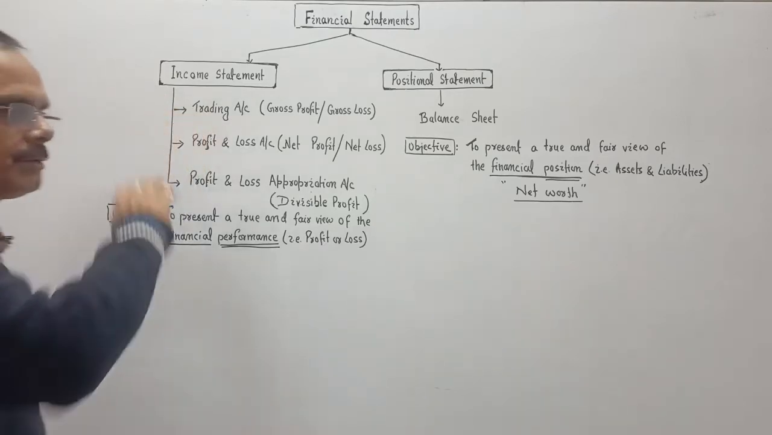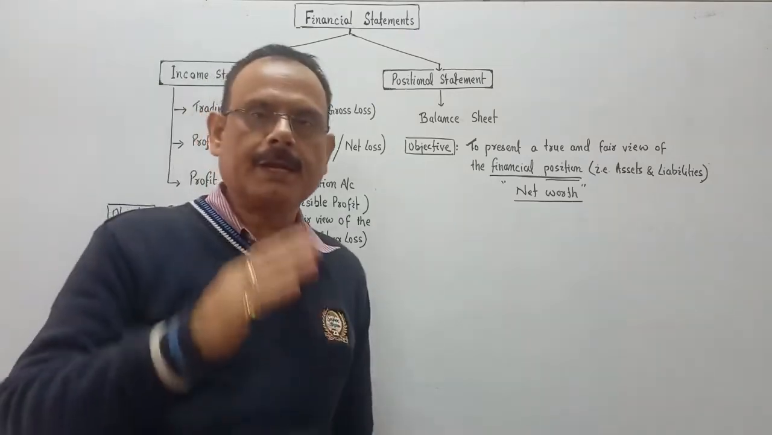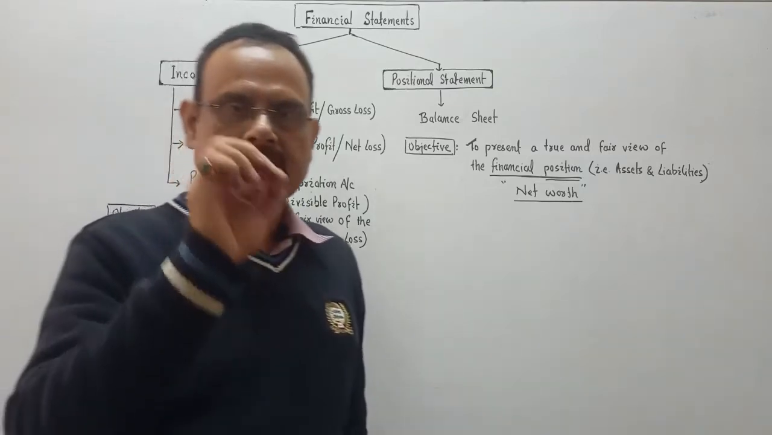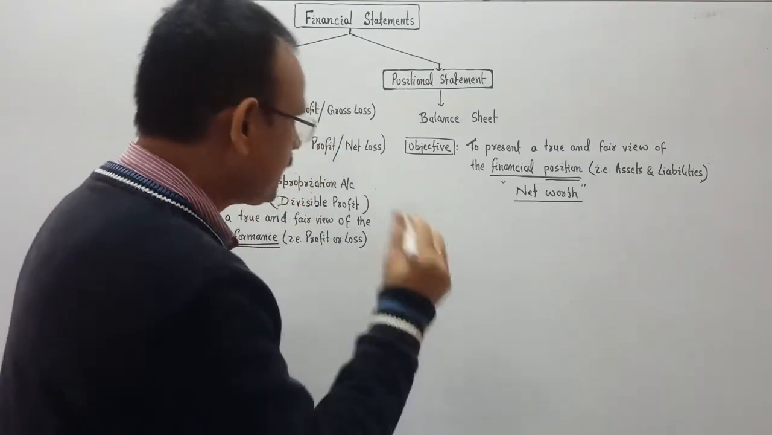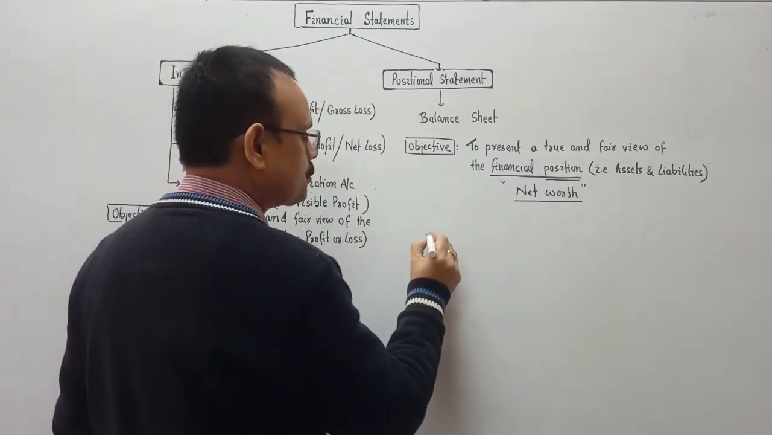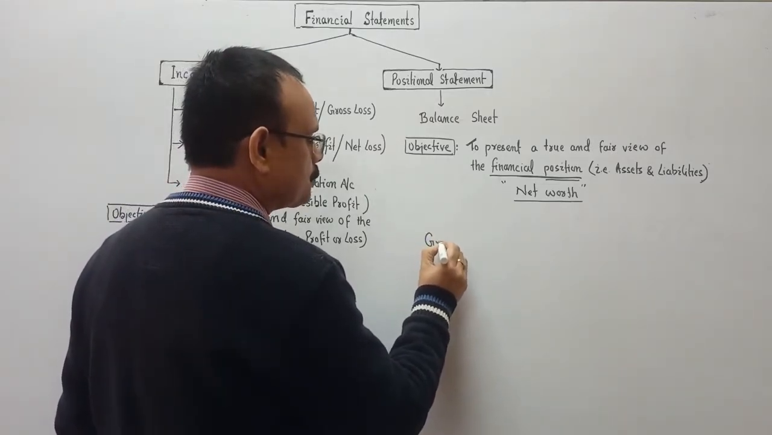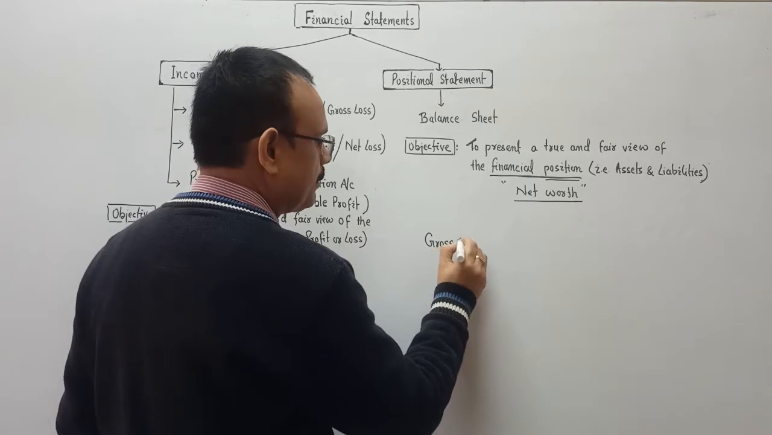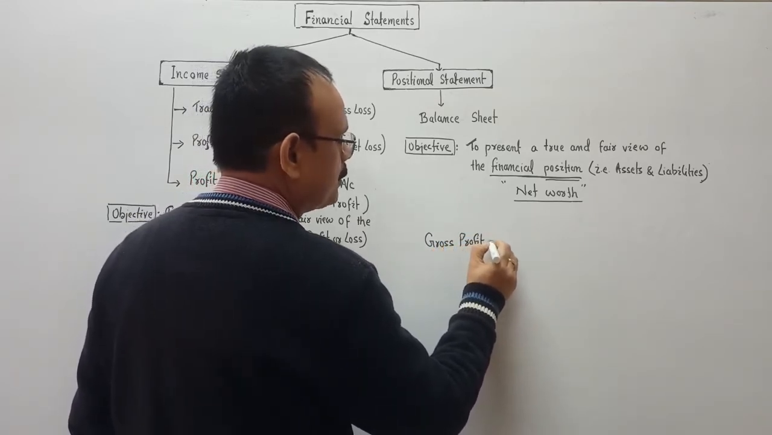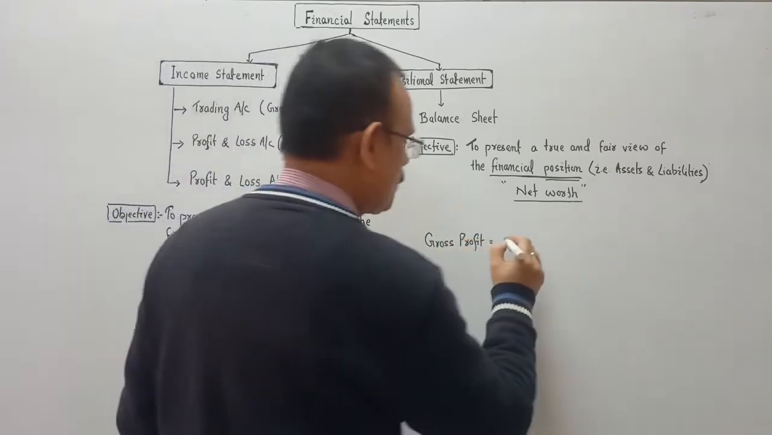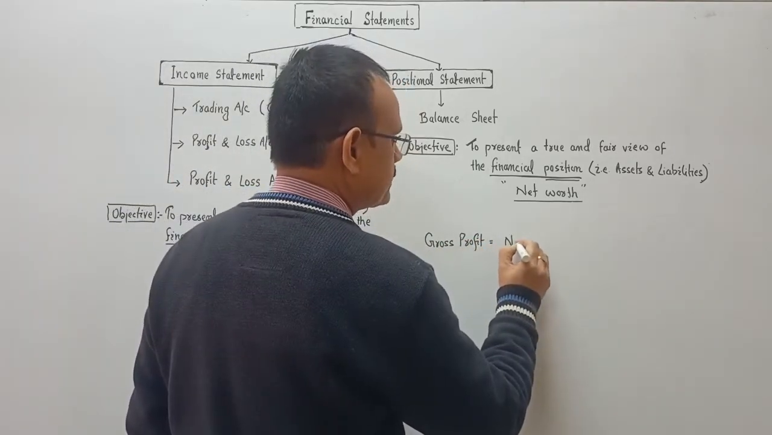In trading account, what we compare? We compare the net sales minus cost of goods sold. In trading account, we calculate what? Gross profit. Gross profit will be calculated by us. Gross profit is equal to what? Gross profit means net sales